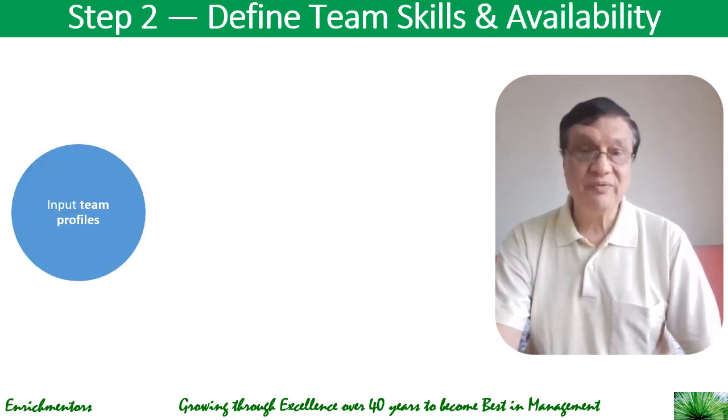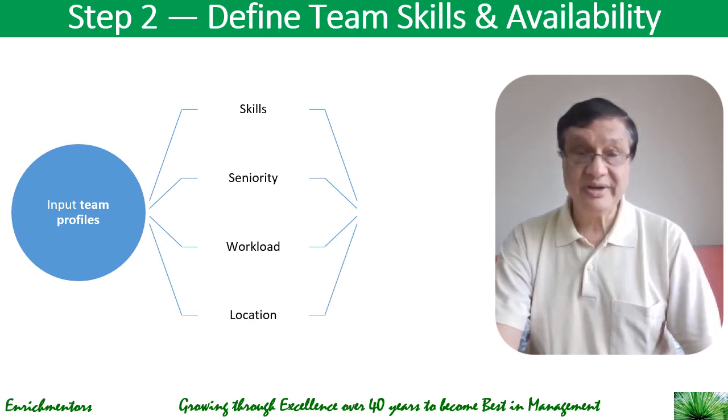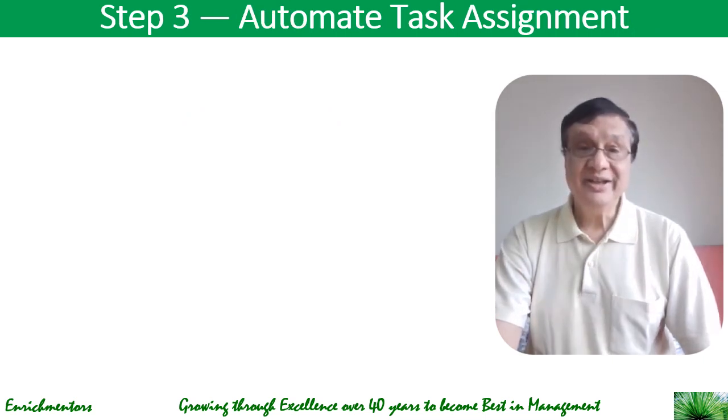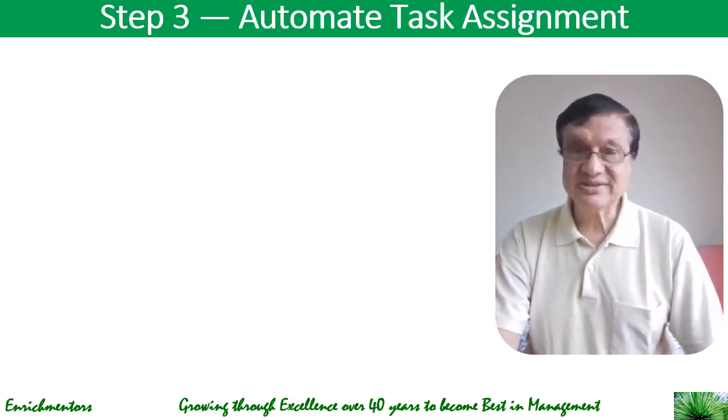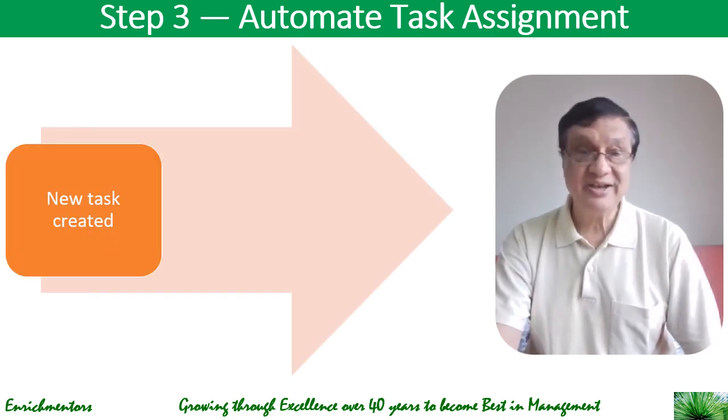You input team profiles, in terms of skills, seniority, workload, and location. And AI learns who is best suited for different task types, right? So AI picks up based on these factors. And the third step would be to automate task assignment. When a new task is created, the AI recommends an assignee